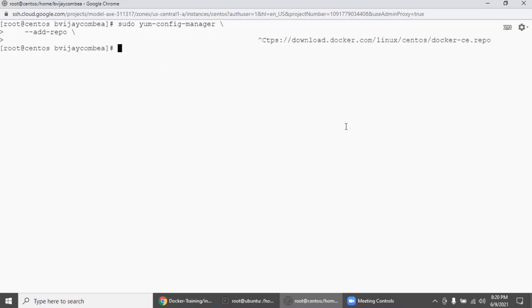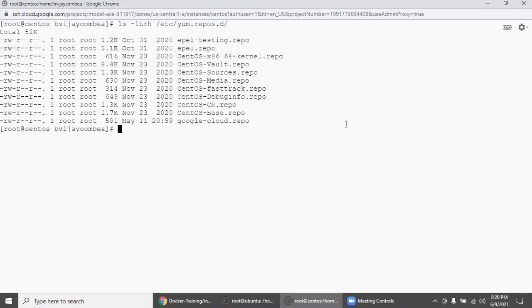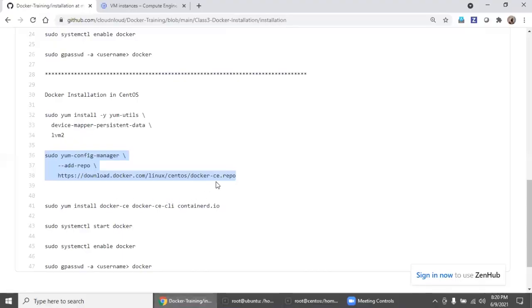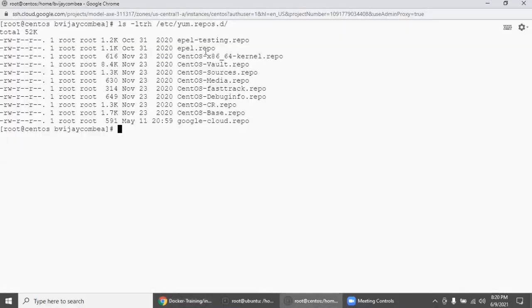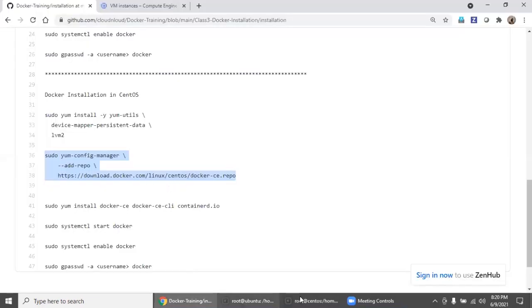Before that, for those who are not from a deep Linux background, let's run ls -ltrh on /etc/yum.repos.d. Please make sure there is no file called docker-ce.repo. There is no file. So now we will copy this.